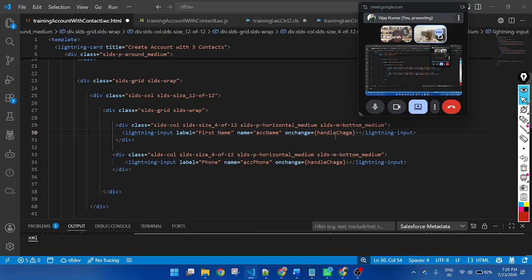This one is contact C1, C1 F name, and this one last name, C1 L name.